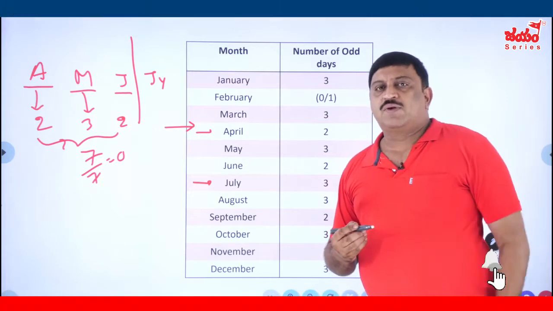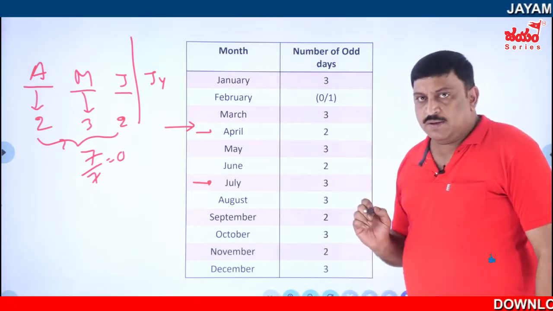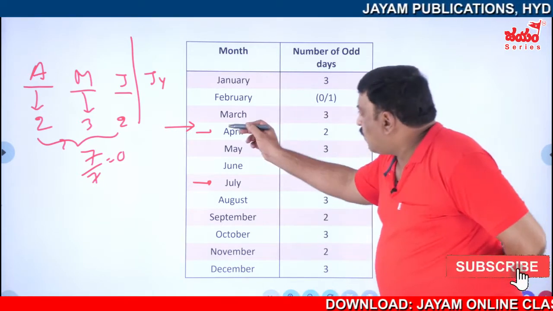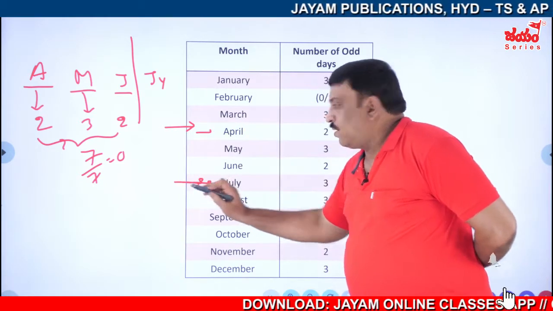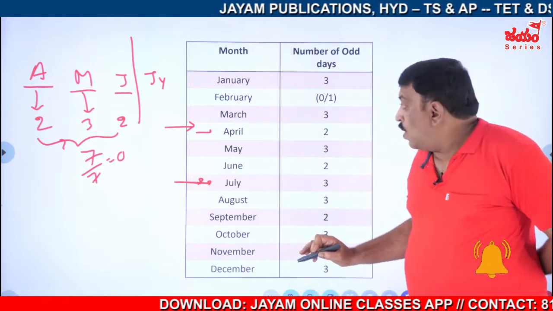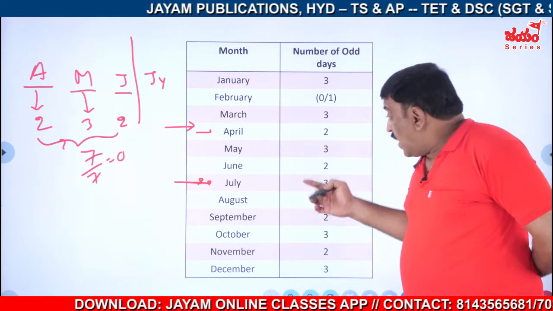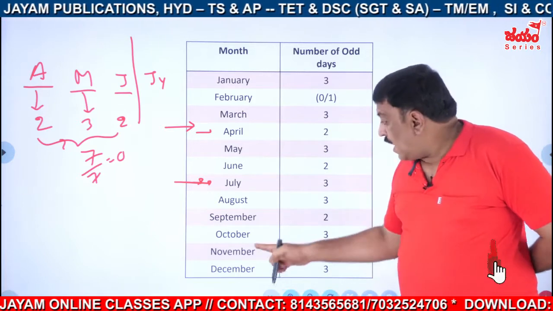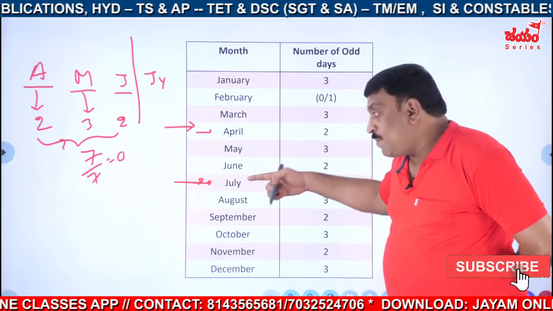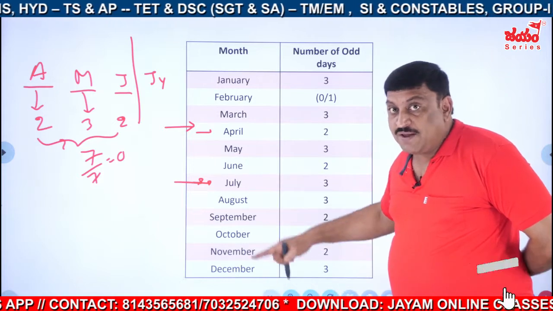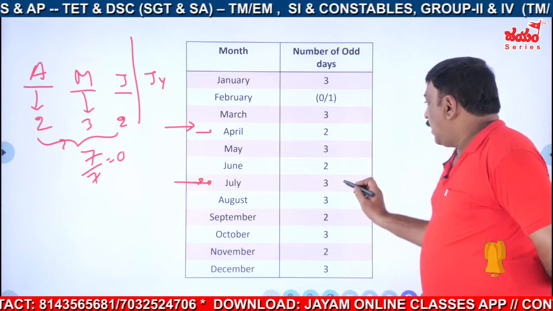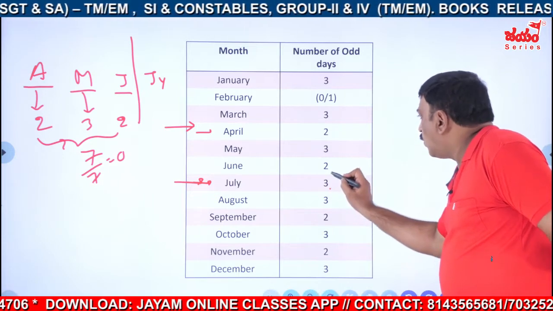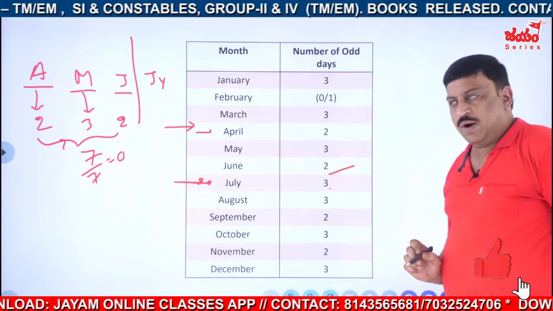I'll do another question. I'll start with January only. Then you try for the rest of them. April over means July is also over, that combination is done. I will try for another combination, whether it is coming up to December or not. July may pair with another month also. Let us see. Till here we got 7, that is 0. Over. Up to here there is June, it is over.